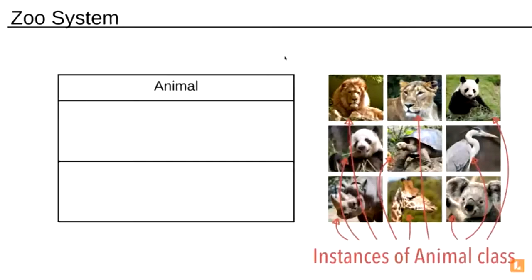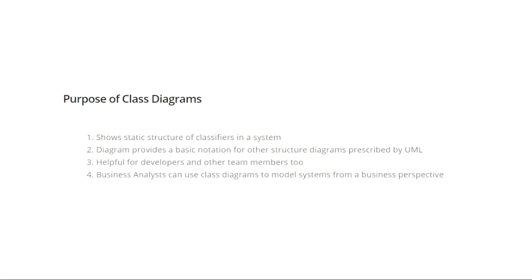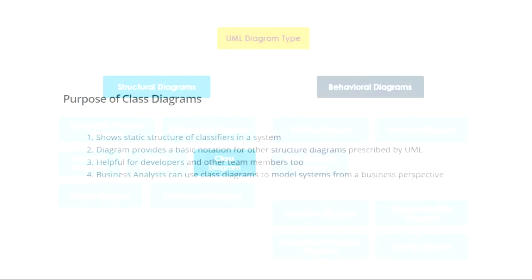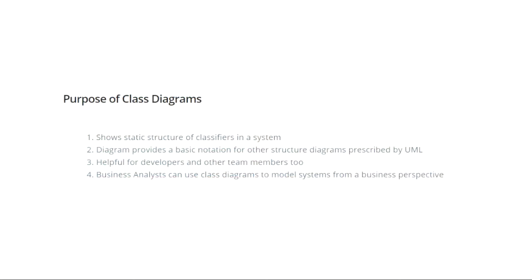Yeah. So we were seeing the class diagrams yesterday, right? In the last class, we started from here, class diagrams. This is the first kind of structural diagram. Why structural? Because it shows the static features of your system. What are the constant features of your system? What are the structural features of your system? What is the architecture of your code, basically? That is the purpose of a class diagram.